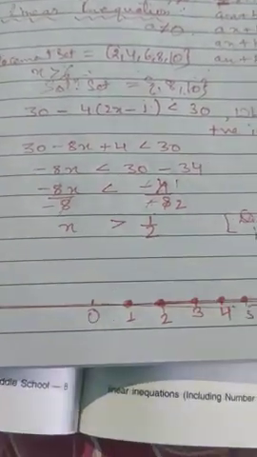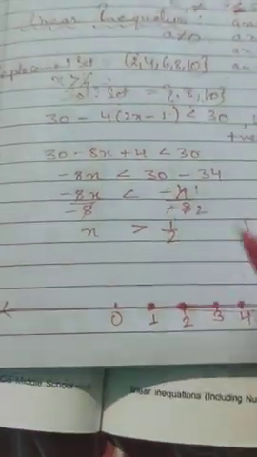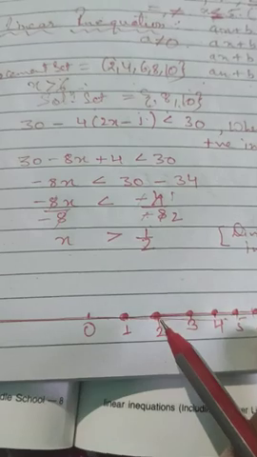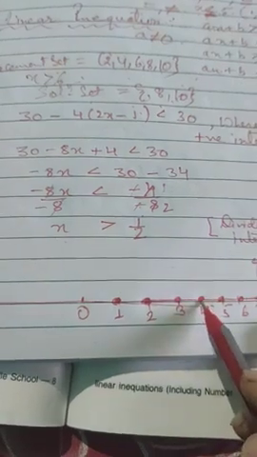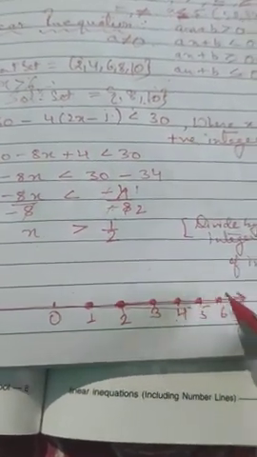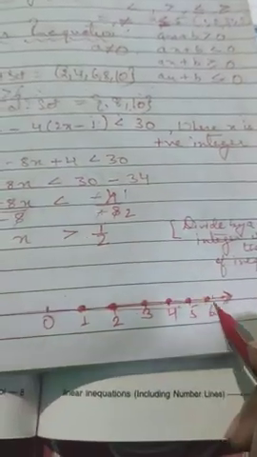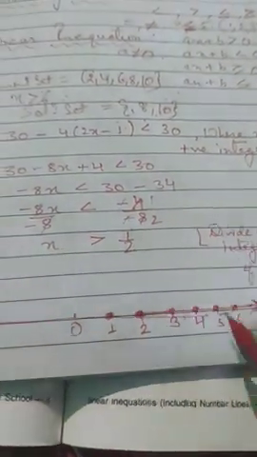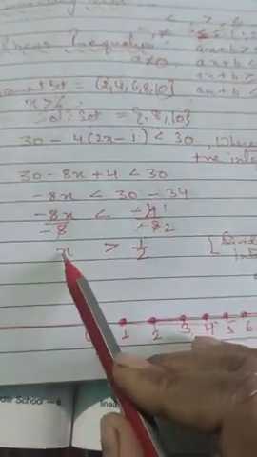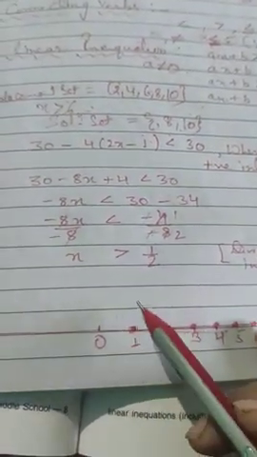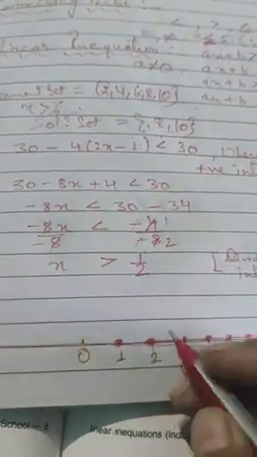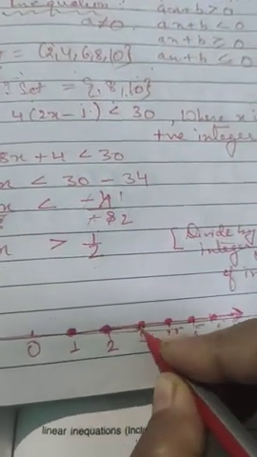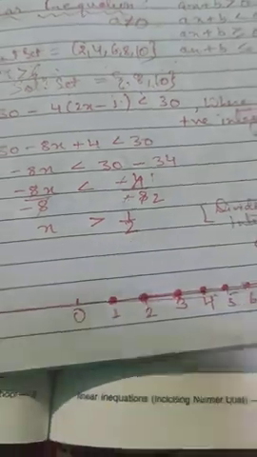Now you draw the number line. How will you draw the number line? Take a line. I haven't used a scale, children. You must use a scale. It should be a straight line. Okay. 0 1 2 3 4 5 6 dot dot dot, it goes up to infinity. No need to mention up to infinity, not possible. Up to 6 here I have taken. So here is x greater than 1 by 2. So 1 by 2 means 0.5. So you have to take values greater than 1 by 2. So 1 2 3 4. So with a dark spot you mark like this, 1 2 3 4 5, like that. Okay. So in this manner you can draw a number line.